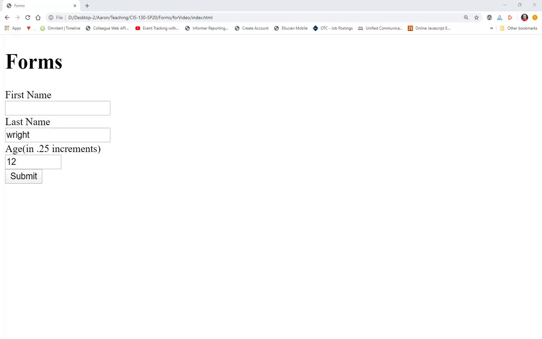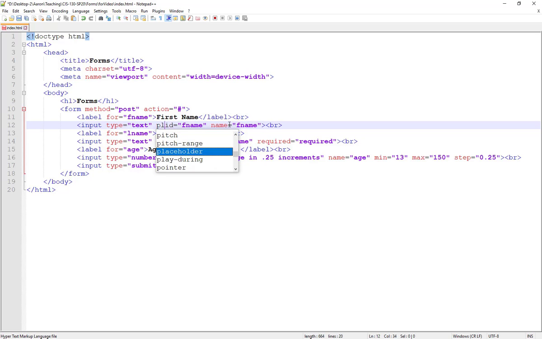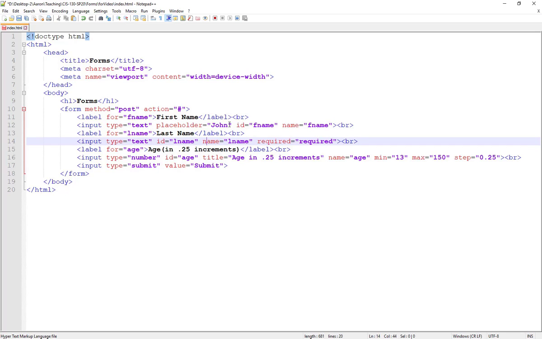One more thing that I want to look at real quick is in these text fields or the number fields, any of these input fields like that, we can add in a placeholder. So here, placeholder equals, we'll say John, and then in the last name, I'm going to put a placeholder equals